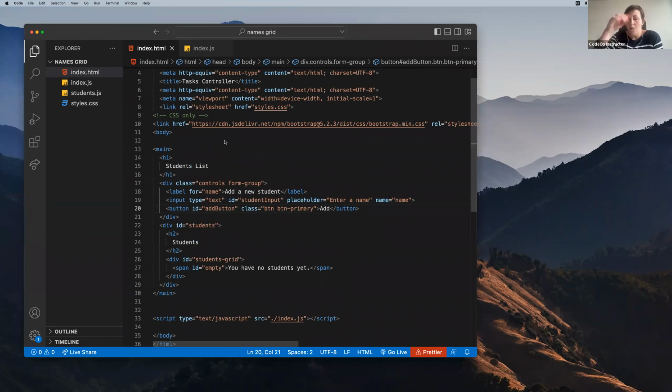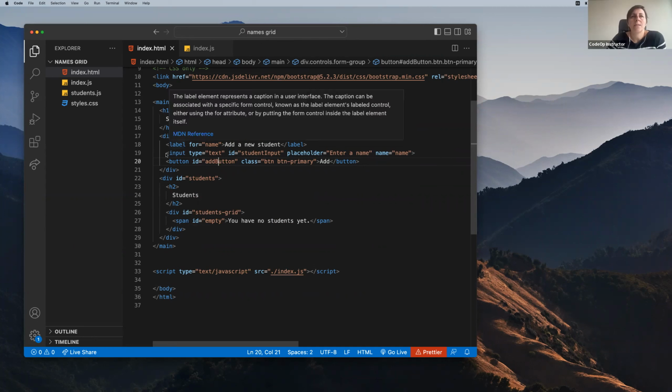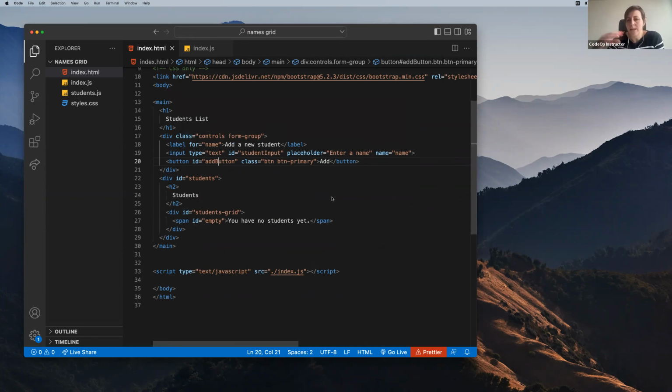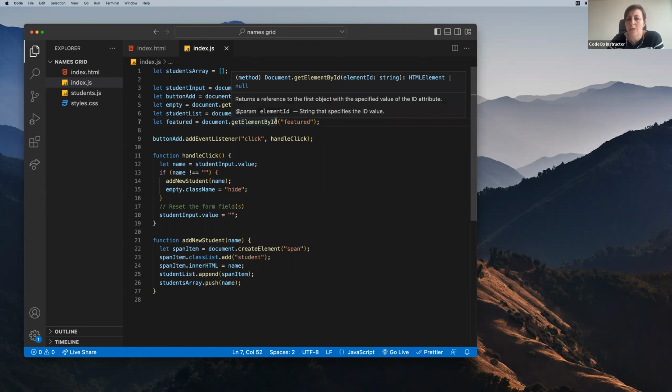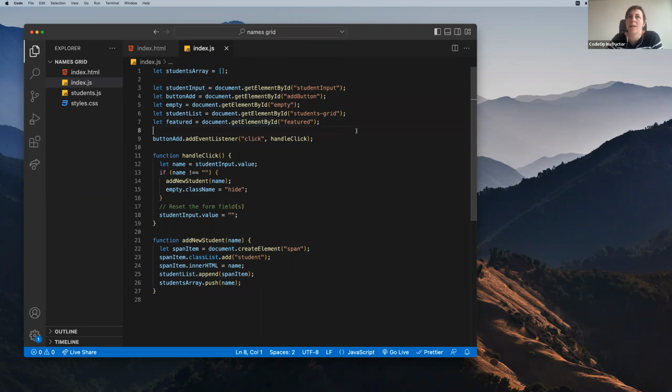So right now, what I showed you just had all the elements created dynamically. So we created everything from the JavaScript, but this is not normally the case. Also in your activity, you have some structure created already in the HTML with maybe some forms, some inputs, some buttons, h2s, divs, all the elements can be already created. And then you use your index just to modify them. So here I was using get element by ID mostly because I had an ID for all elements, but we can also use some of the other methods like the query selector or get element by class name or get element by tag name,